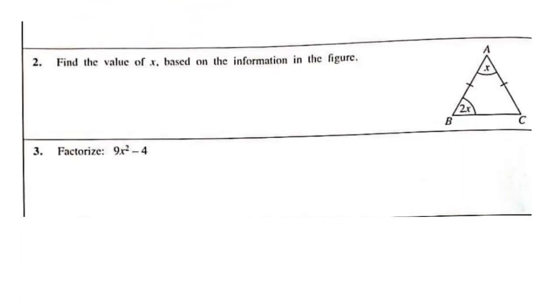Let's find the value of x based on the information in the figure. So here you can see this is an isosceles triangle, therefore this also has to be 2x. We know the sum of all three interior angles of a triangle is equal to 180. So 180 is equal to 2x plus 2x plus x, which is 5x. Therefore we can divide both sides by 5 and find x is equal to 36